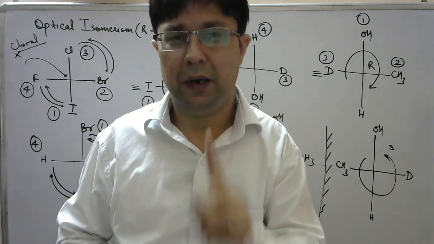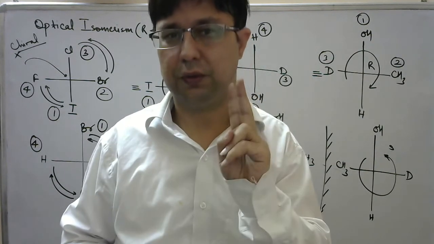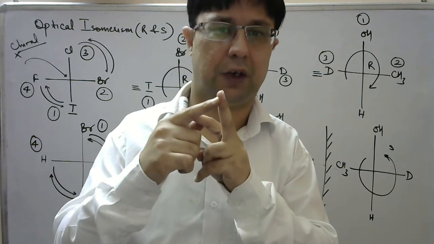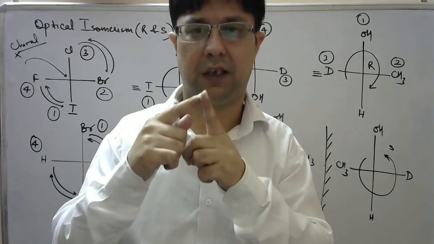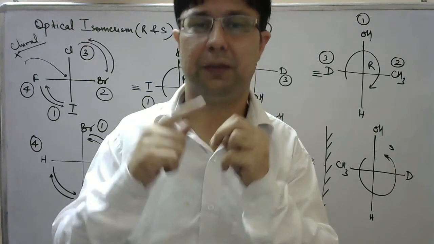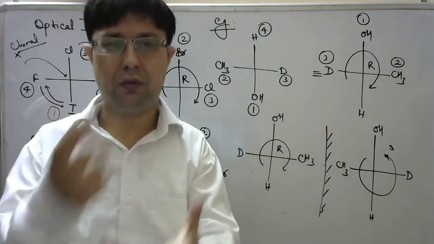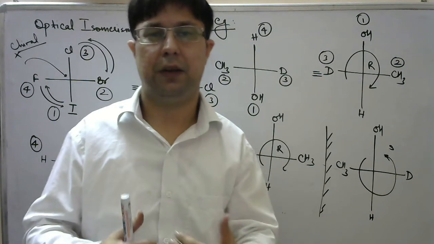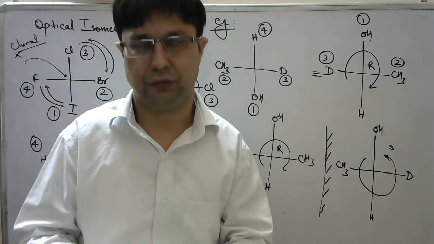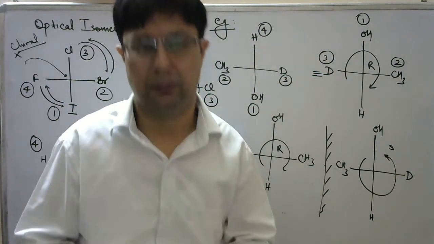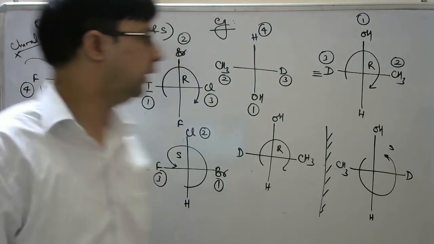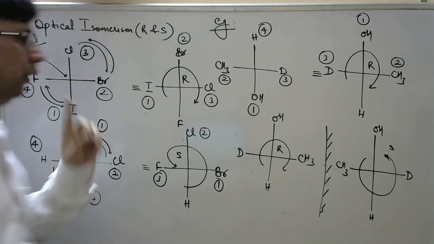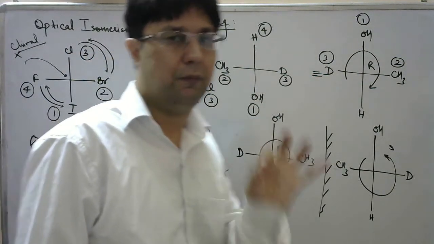Although I have made clear two rules from the sequence rules, that is, assign the higher priority to that which has the higher atomic number. If the atomic number is the same, then we give the priority by atomic mass. There are two more rules which I will discuss in my next lecture, where I will consider those optically active compounds which have more than one chiral carbon. Fine. The next thing is that once you assign the priorities to the different groups, you have to check where the lowest priority group is present.